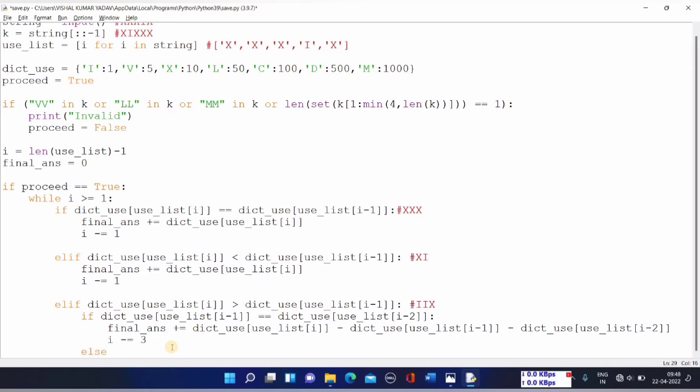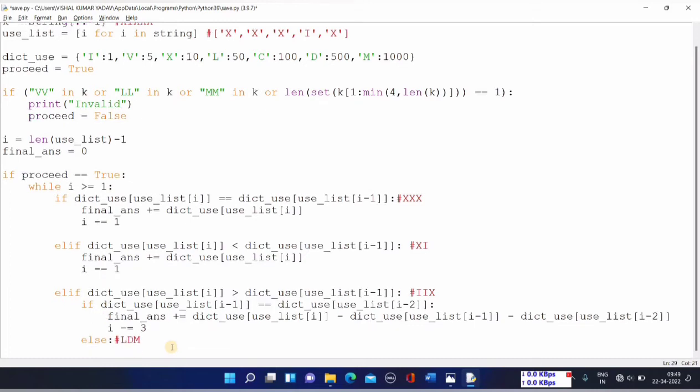Now similarly, let me consider an example. Suppose VIX, or wait, suppose LDM. Suppose this is the case. Okay, now see, the value of M is greater than the value of D, and the value of D is not equal to the value of L. Basically, the value of D is greater than the value of L. So in this case, let me show you what I have to do. So in this case,